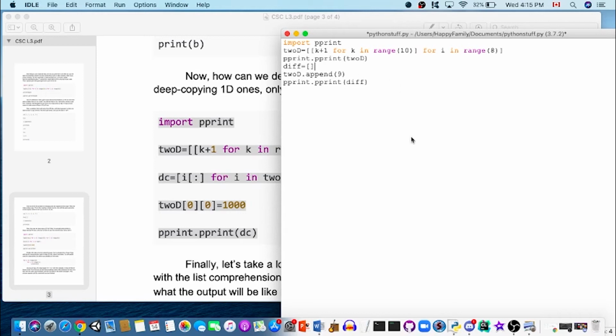First we put in the 2 square brackets, and then we put 2 more square brackets on the inside, and where my cursor is, that's where we start the smaller list comprehension. So you do something like this: for i in 2D. If you do it this way, then when you run the code,